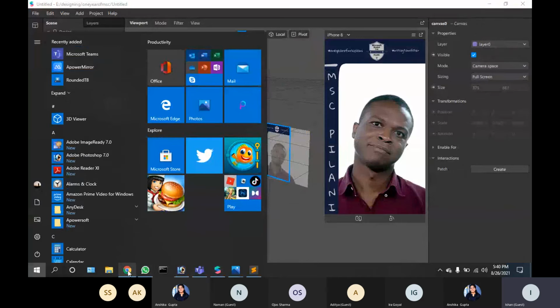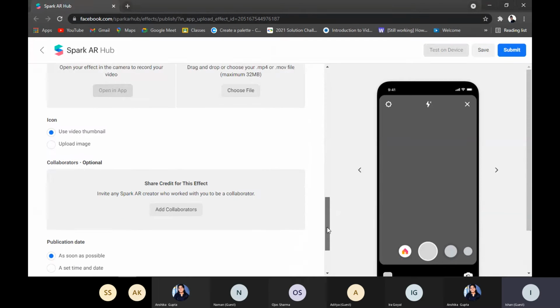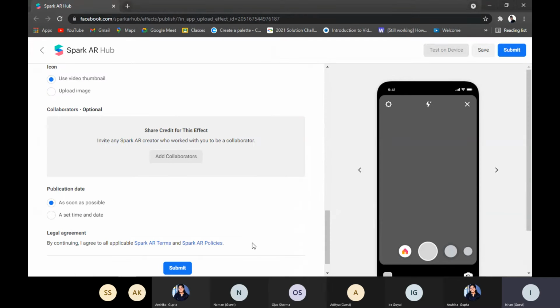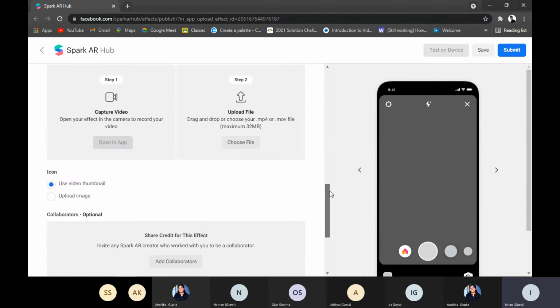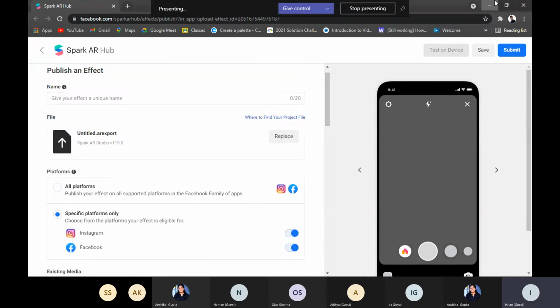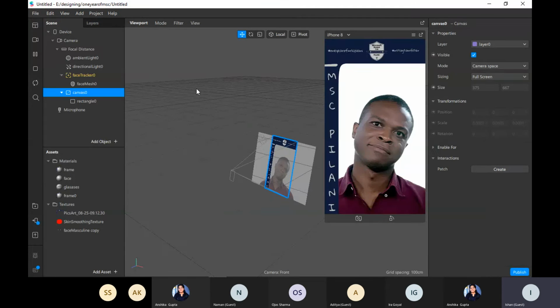Better you record it on your own, and just click on submit. When you click submit, it will take hardly 1 to 2 days to get live on Instagram. And if it violates some categories of Spark AR, it will not be published. So this is how you can make another filter.